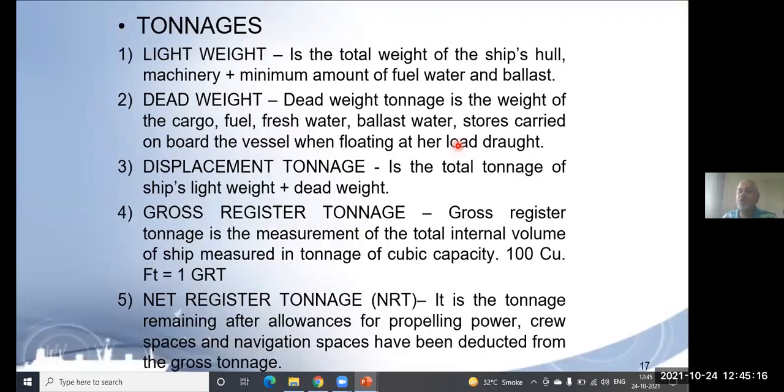So when you are riding the motorcycle with all the cargo, whatever weights you have added after the showroom is becoming your dead weight. Similarly, when the ship comes out, you are putting some cargo, you are putting fuel, fresh water, ballast, stores, spare parts, whatever. So that total weight becomes the dead weight. Can you calculate now for the motorcycle what you have added? Suppose you bring the motorcycle home. Can you calculate what all things you have added on the motorcycle when you bring it home?